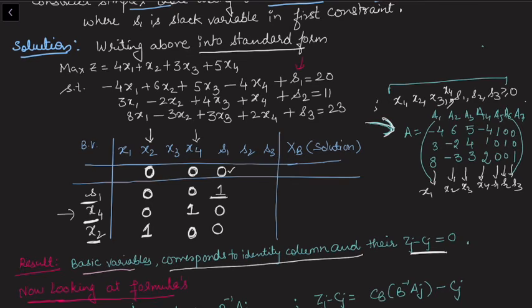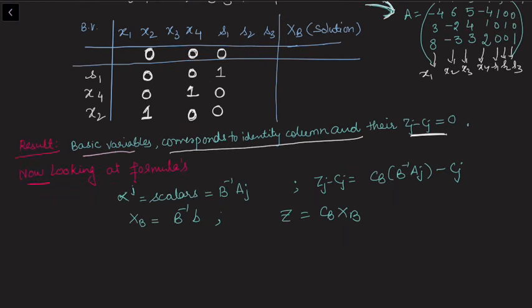Now we want to fill out the remaining entries. Here I have kept the basis which is given in the problem, so this is not the standard operation. Normally, if we solved this problem with the simplex iteration, we would always keep S1, S2, S3 as the basic variables at the start of the table, write the entries directly from the constraints in the simplex table, and choose the entering and leaving variables. But here the question demands that we construct a simplex table corresponding to a given set of basic variables.